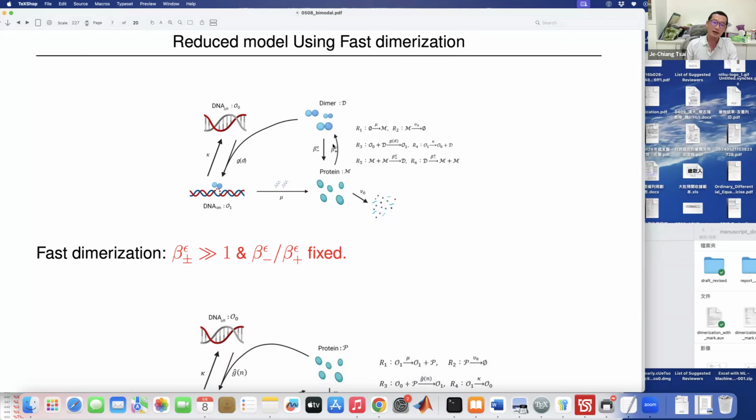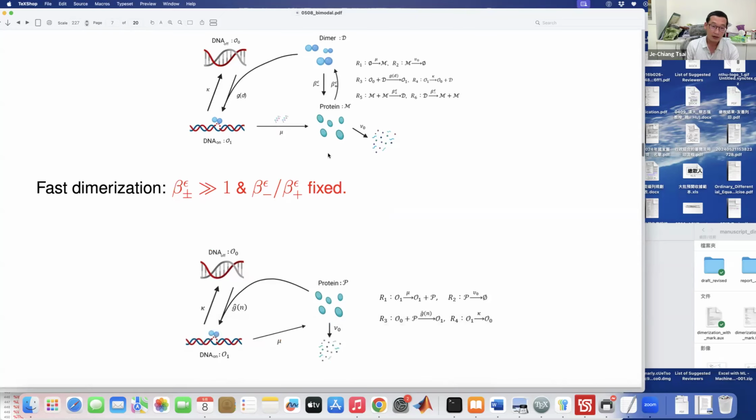So I mean that these two reaction parameters or constants are very large, but their ratio is fixed. So using this assumption, analytically, you can show that